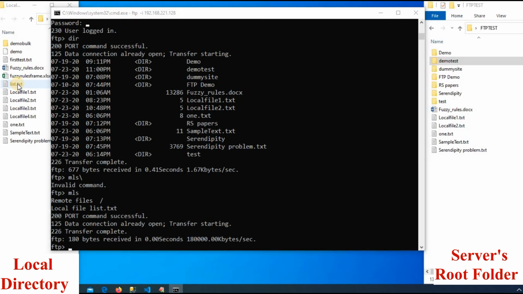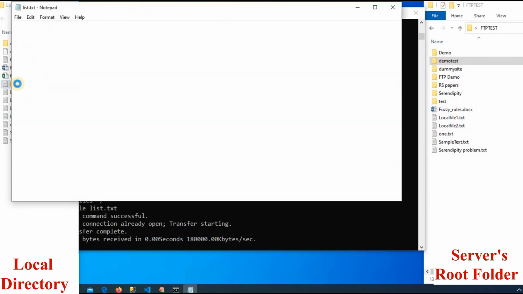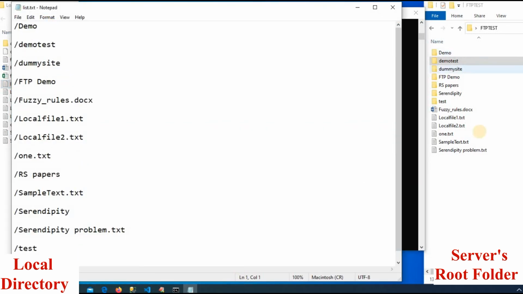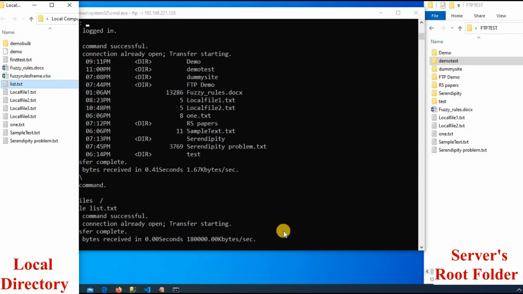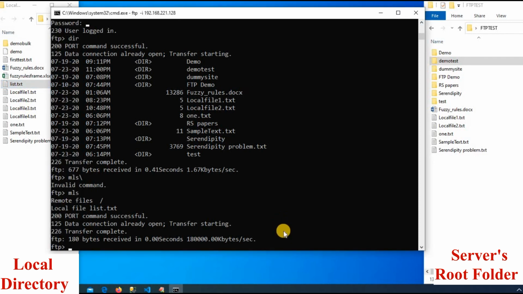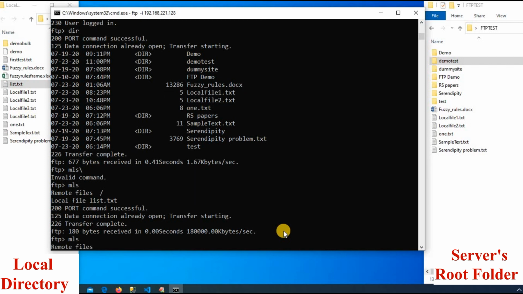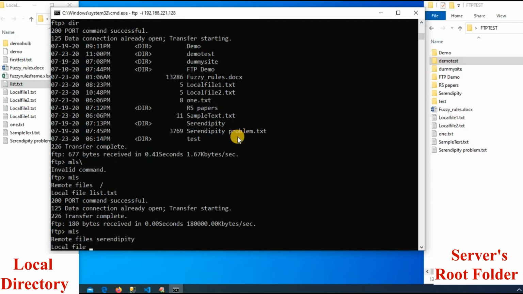As you can see, this list file is available over here. Just open this file. It shows all these are available within this text file. Not only of the root directory, you may even get the list from any folder. So for that, type mls, hit enter, remote file. I want a list from this folder, serendipity, type serendipity, enter.